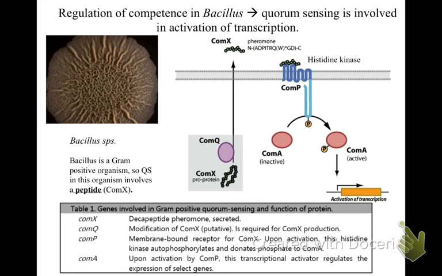This is a final example just looking at how quorum sensing plays a role in regulating competence in Bacillus. So here's a Bacillus colony over here, and I'll remind you that it's a gram-positive organism, so in this case quorum sensing is going to involve a peptide. So here's the peptide. It's initially produced as a protein, so that means it's going to be processed. A protein called ComQ, and again, remember COM stands for competence, so these are all going to play a role in competence,